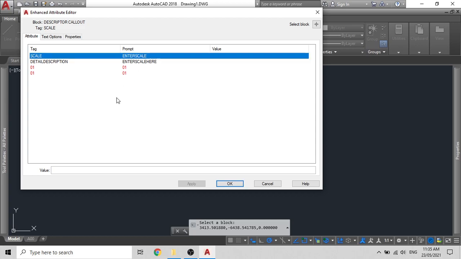What we will do is, for the scale, we'll write scale 1:200 at A3. Then we'll put a slash if you wish to also do it in A4.